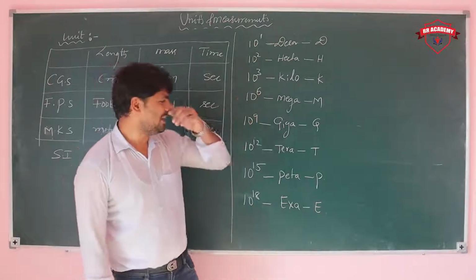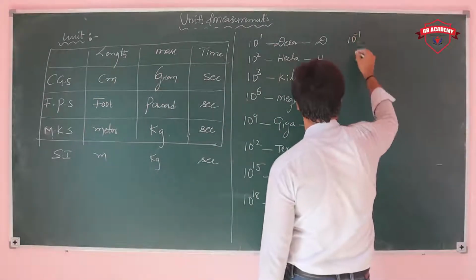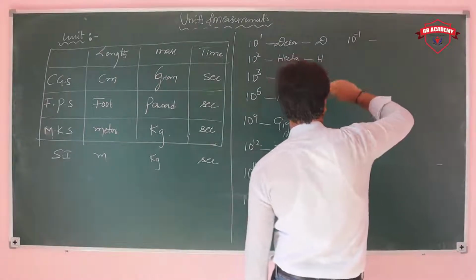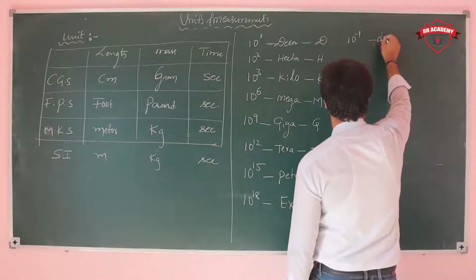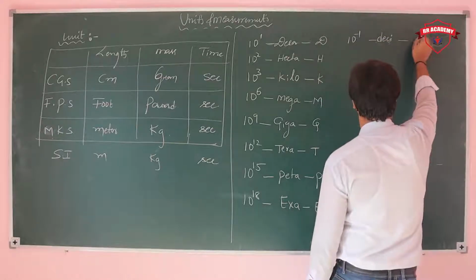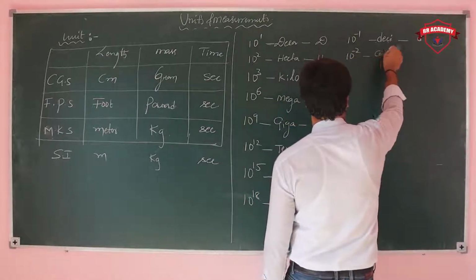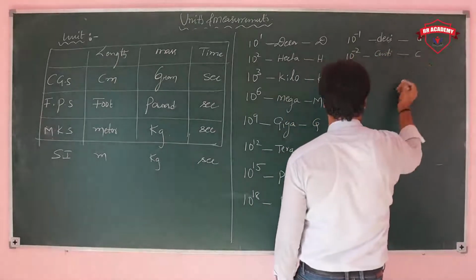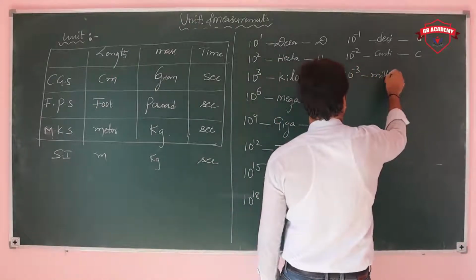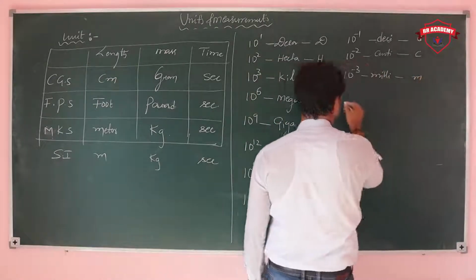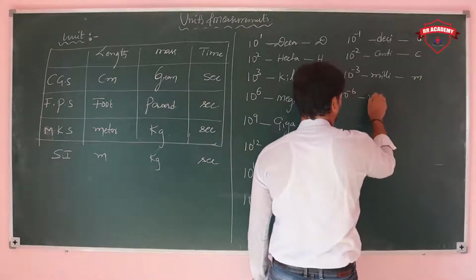These are the positive values. At the same time, let's see the negative values, the submultiples. 10 power minus 1, we call deci, represented with small d. 10 power minus 2, centi, small c. 10 power minus 3, milli, small m. 10 power minus 6, micro,